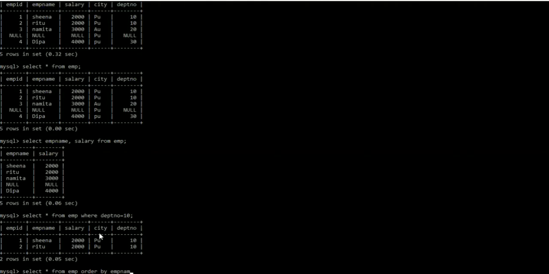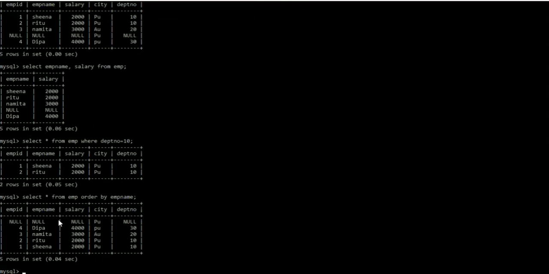For example, I want to arrange the employee name alphabetically. So it will give me alphabetical order, meaning D, N, R and S. I have given an order by employee name wise. That's why D comes first, N comes afterward. That's why Deepa is above Namita, and then Ritu, and then Sheena is showing.